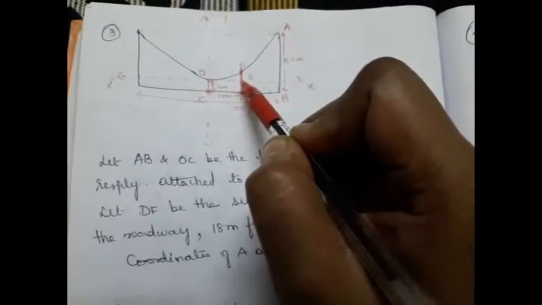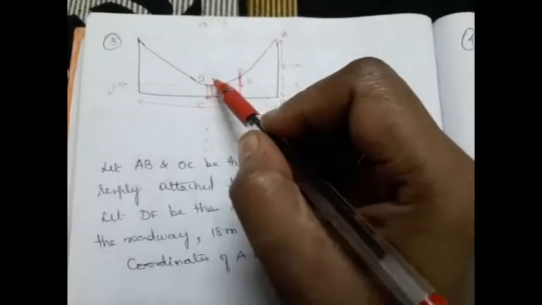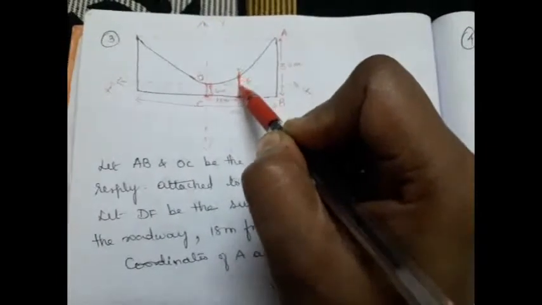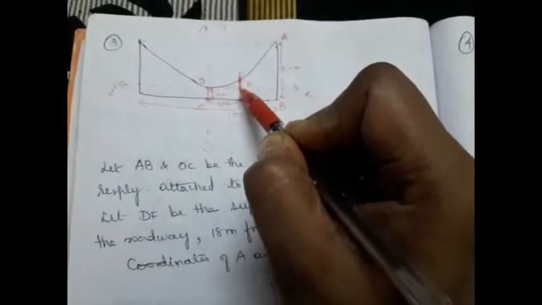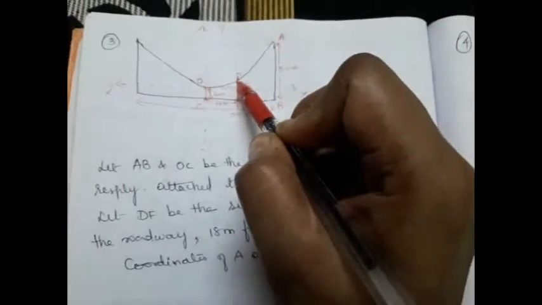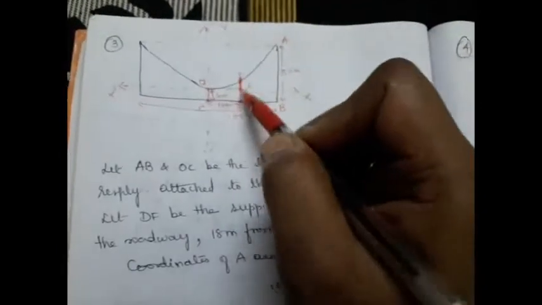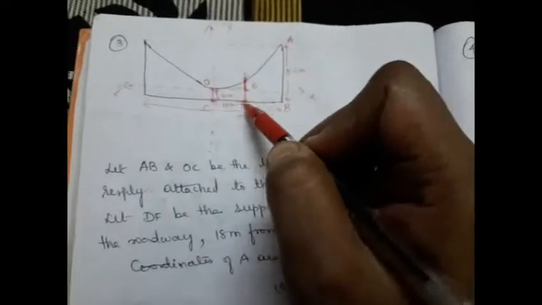So we do the same method as we did in the previous problem, by obtaining the a value and then resubstituting at x equal to 18, we can find the y value. That y value is going to give only DE, because here is only the parabola, right? The point lies on the parabola. So at x equal to 18, we can find y. That is going to give you only DE. So how to find DF? DE plus EF. This EF is 6. So the DE measurement plus the 6 meter will give you DF. Right? Let us see how we can do that.